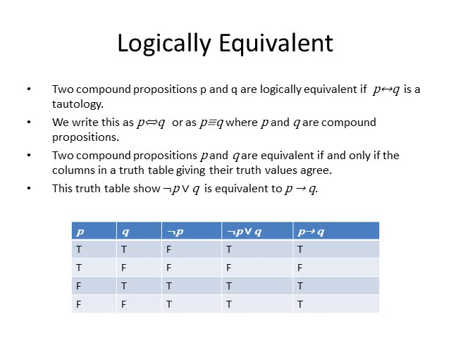So at the bottom of the slide you can see the truth table. In that truth table, if we observe the rightmost column and the second rightmost column, they have the same truth values, the same sequence of truth values. So for given circumstances, both columns have the same truth value. Hence we can say that the compound proposition represented by the rightmost column and the compound proposition represented by the second rightmost column are logically equivalent.